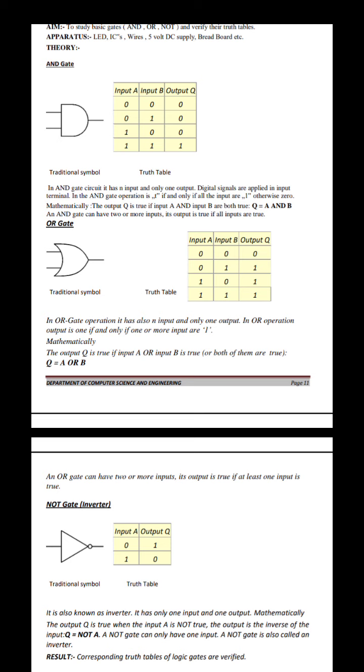That's very important. The structure differs compared to all the other ICs' pin diagrams. Here 2, 3 are the input pins, 1 is the output, and then 5, 6 are the input pins, and 4 is the output pin. Then 8, 9 are the input pins, 10 is the output pin. Then 11, 12 are the input pins, 13 is the output pin. So here also there are 14 pins. Two pins are used to provide the power supply. The remaining 12 pins are used to construct the NOR gate operation. So totally 4 NOR gates are fabricated within a single IC.